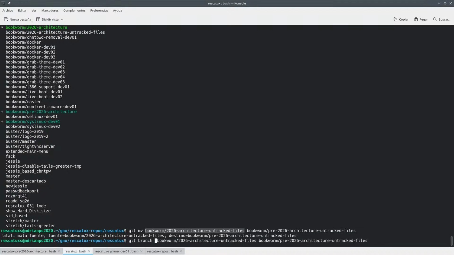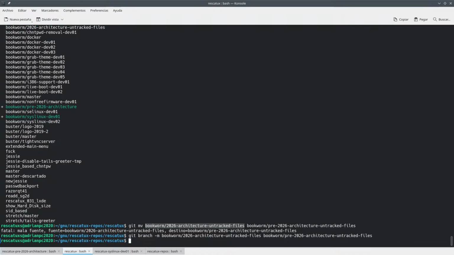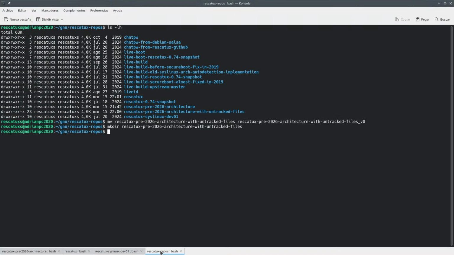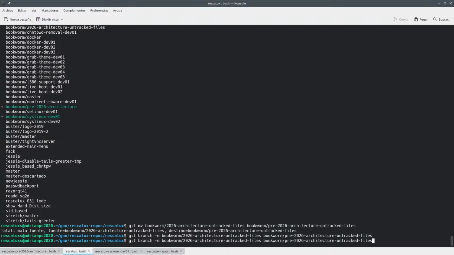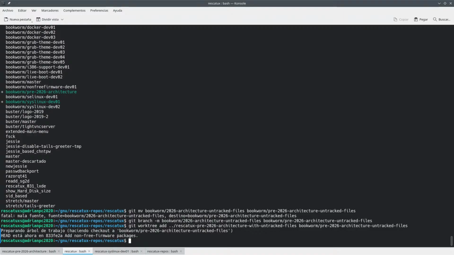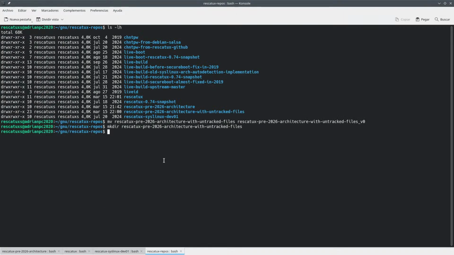Branch, something like this. Okay. So this is then untracked files, and now the work tree is going to be like this. So now I can go with this untracked files,